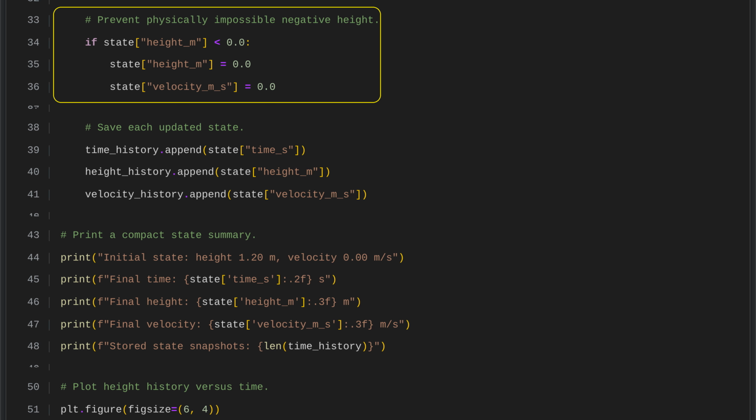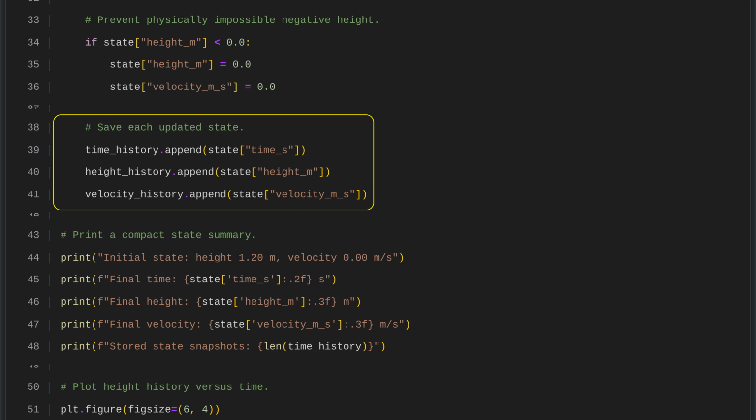To keep the simulation physically realistic, the code prevents height from dropping below 0. When the object reaches the ground, its height is set to 0, and its velocity is also set to 0, stopping further downward motion. At each simulation step, the current time, height, and velocity are saved into their history records. This creates a complete record of how the system changes over time, which can later be used for analysis and